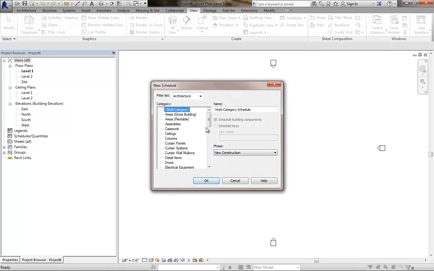Quantities, and then typically for general notes, something like that, I'd go ahead and specify generic models, and instead of generic model, I'd call it generic notes, or general notes, rather, right? And then here the option you have is schedule keys, basically the idea being that instead of using building components, you'll just use schedule keys. And again, I'll just type in general notes